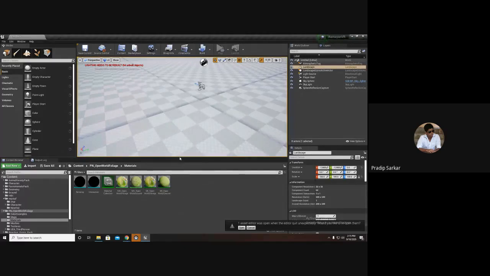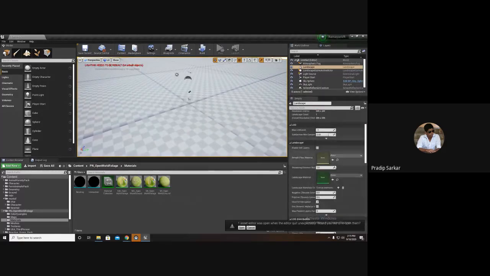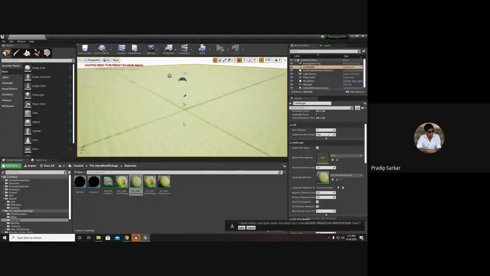So when I select the landscape in the details panel, it is asking for a landscape material. Now I can drag and drop the landscape material inside the material slot of the landscape.